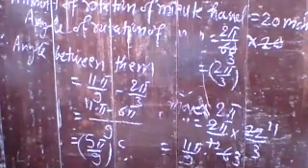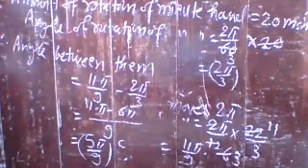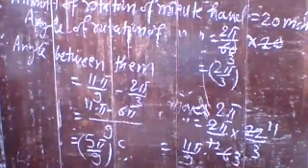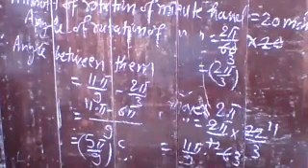Okay, let me explain the solution. Listen to me. RPM is given, which is 1200 revolutions per minute. That means in 60 seconds, the wheel will rotate 1200 times. The number of revolutions in 60 seconds is 1200. So you calculate it for 1 second. Understand? So you have to divide 1200 by 60.